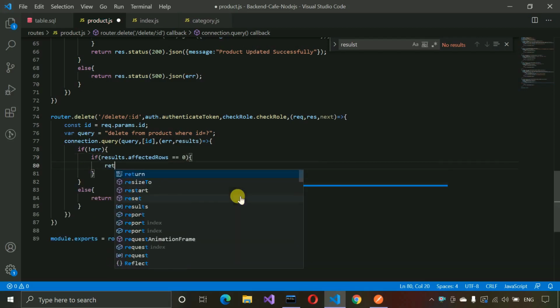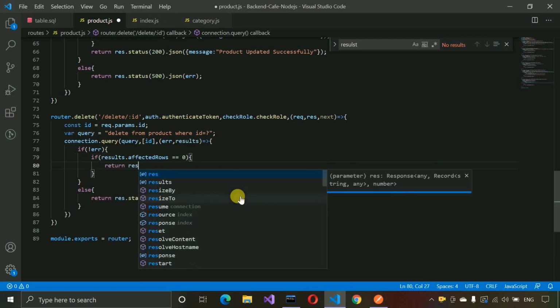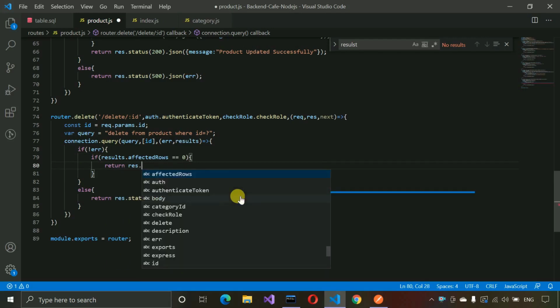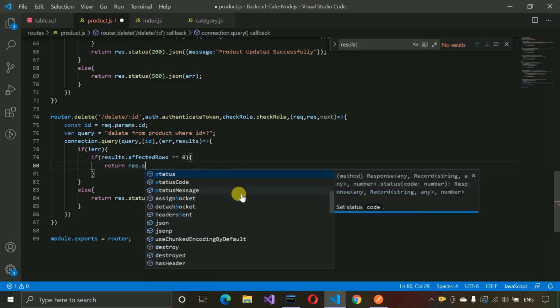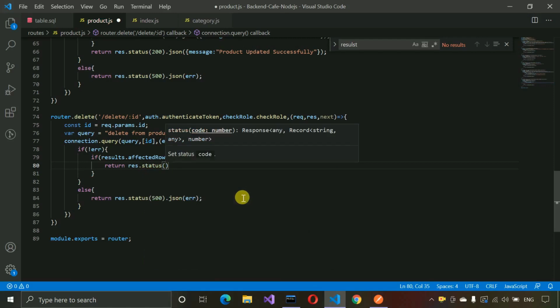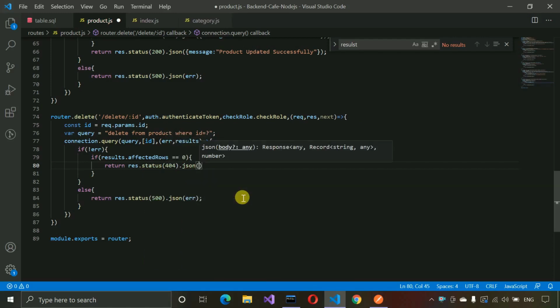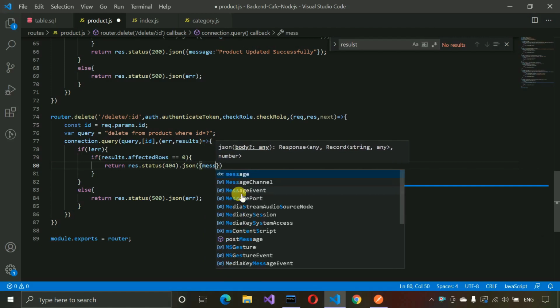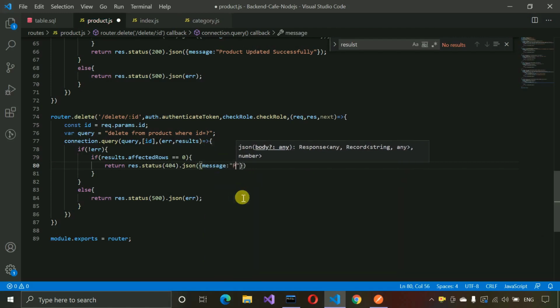If it is 0, in that case we are going to return the response with the status 404.json with message: product id not found,